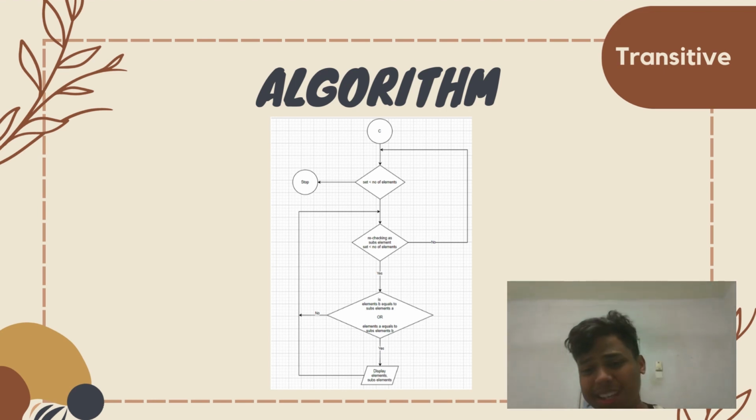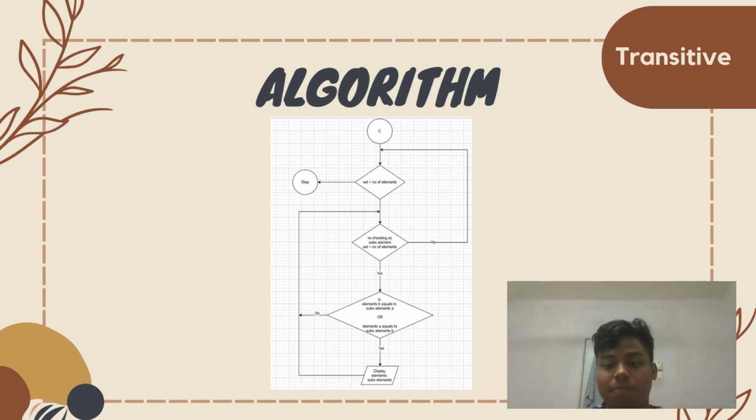And then we'll be proceeding with the condition: is element B equal to sub-element A, or element A equals sub-element B? And if it's yes, we'll be displaying both sets of elements, which is the set of elements as we have mentioned in the first place, and also the sub-elements, which means the elements in another looping inside of it. And then we'll keep repeating it until, if the condition is no, then we'll be proceeding with